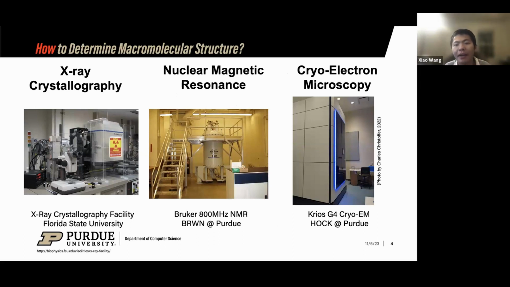With nuclear magnetic resonance, the different atoms in the structures will have different frequencies under the nuclear magnetic field, and that can help us to indicate the atom types as well as the atom locations. For cryo-EM, we will first cryo-freeze the structure, and then the electron beam will cross the structure to produce 2D maps, and we use a lot of those 2D slices to construct 3D maps to help us determine the